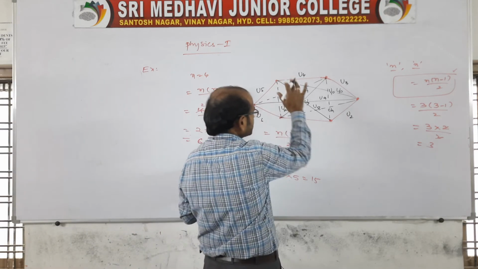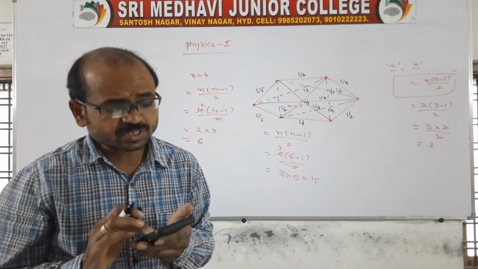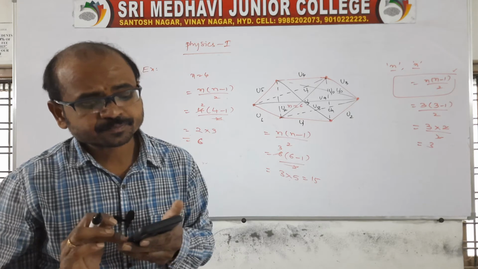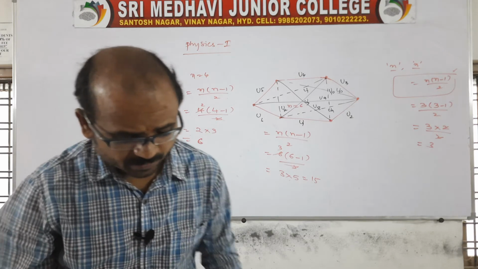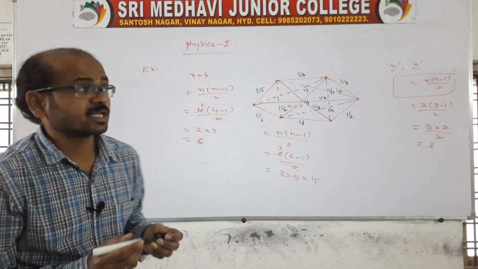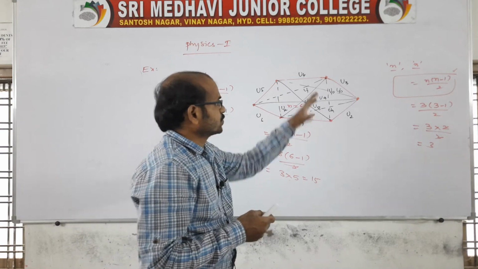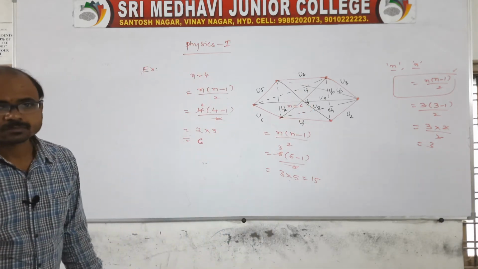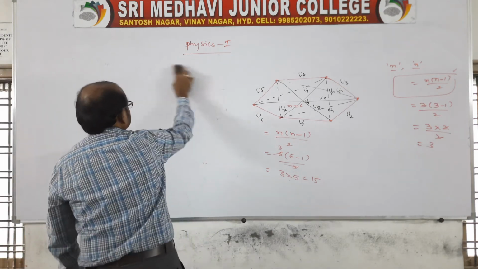If a polygon is given like this, how many pairs will we get? Use this formula, and we will get the number of pairs we can obtain. Is it okay now? So this is related to the potential energy. If n number of corners are given, then use this formula, n into n minus 1 by 2. It is related to the potential energy.